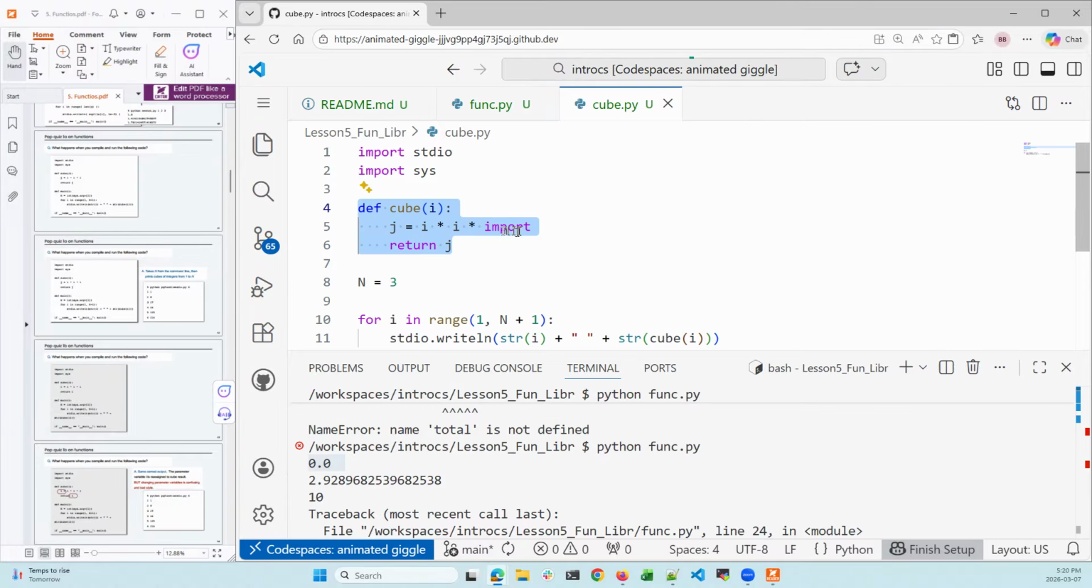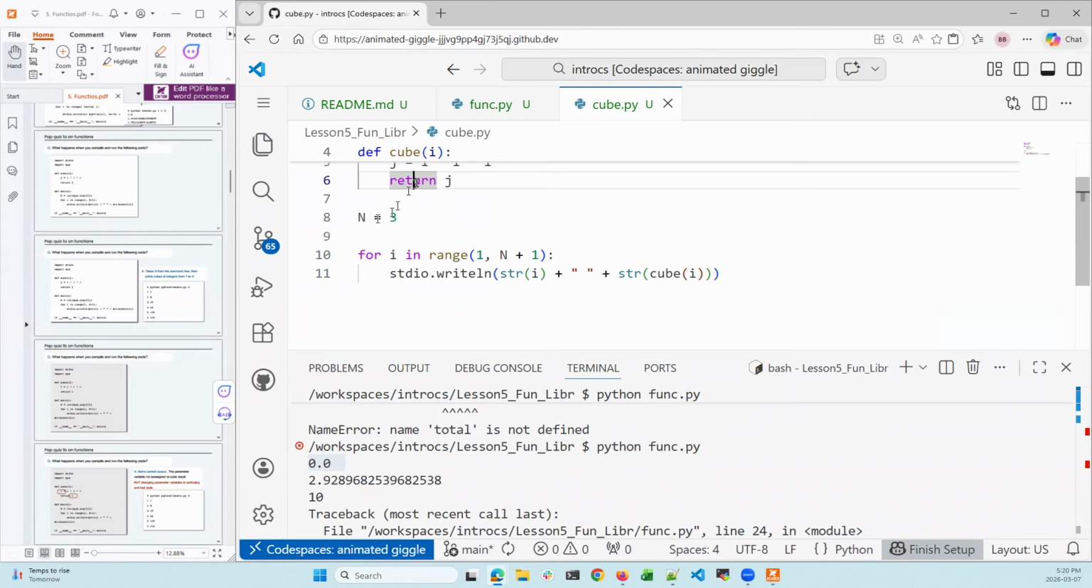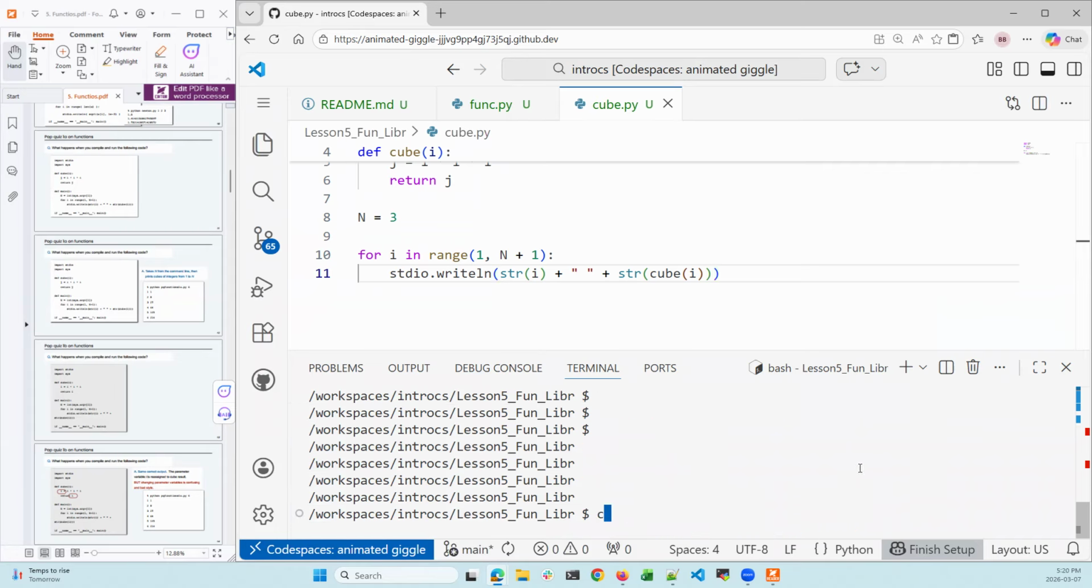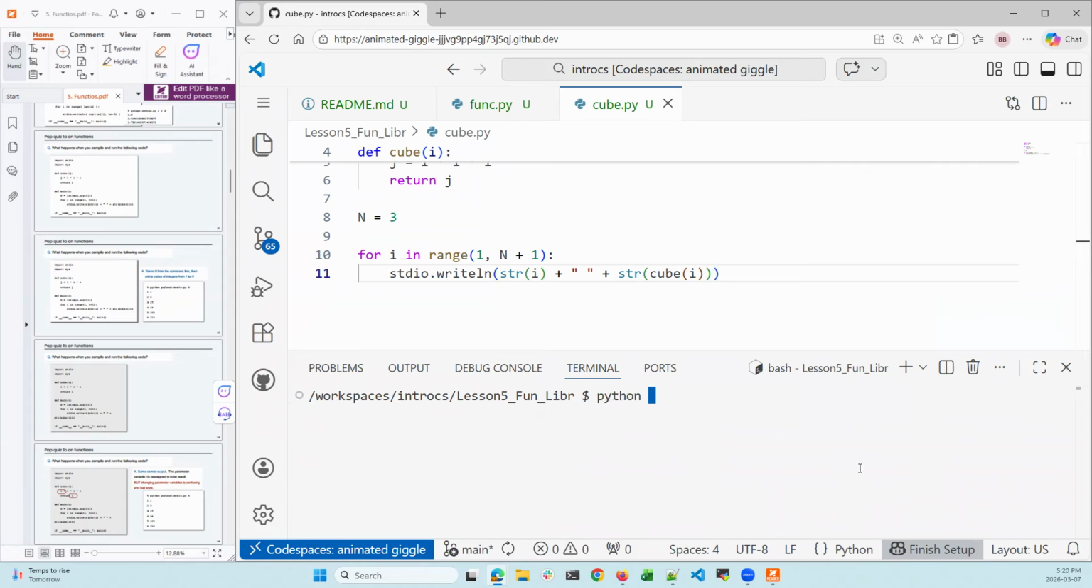Define a function. Okay. Oh, this is wrong. This must be I, 10J, n is 3. I think it's going to draw a cube. Let's see what happens. Python cube. 1, 1, 1. Okay, this is